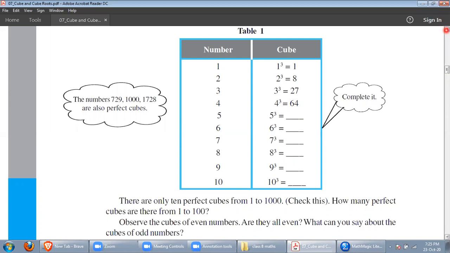Now for these perfect cubes, we are multiplying 3 times. Let's say 3 cubed equals 27, which is an odd number. Why? Because 3 3s are 9, because an odd number into an odd number will give you an odd number. The first and the second, when multiplied together, will ultimately give you an odd number because they are odd numbers. So the result is an odd number, and the third number is also an odd number.